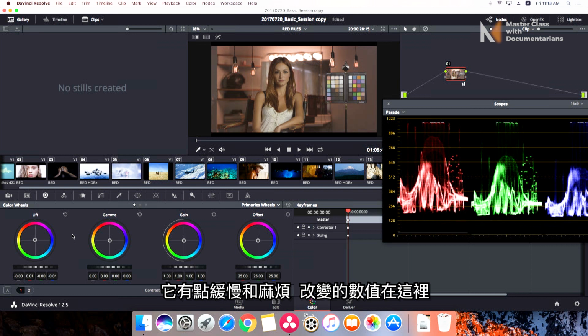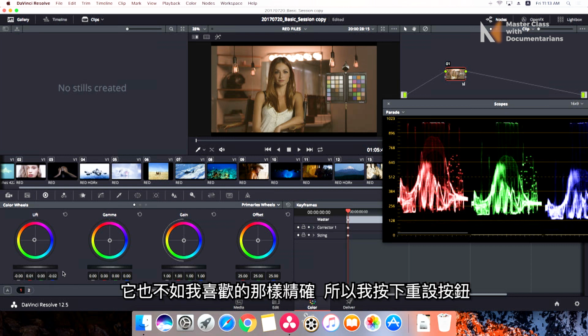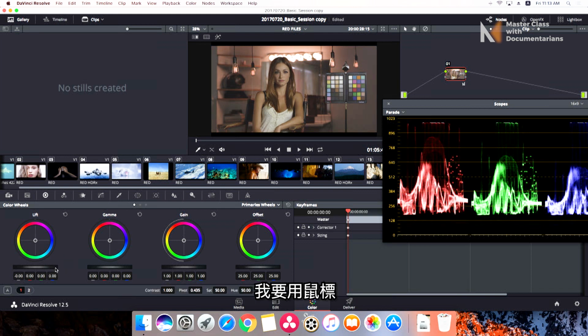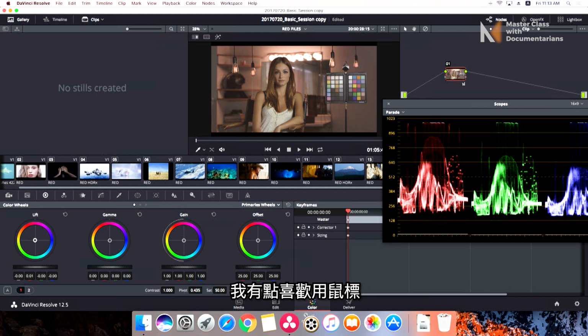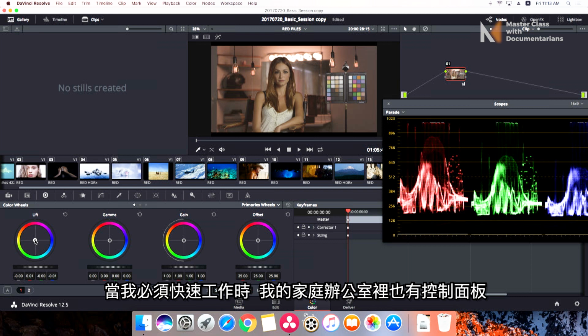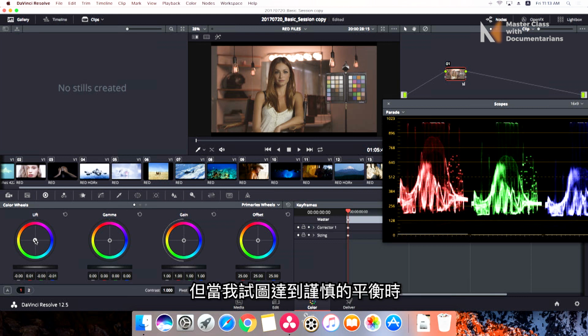Now, it's kind of slow and cumbersome, and the values that are changing are over here. That's not as precise as I like. So I'm hitting the reset there. I'm going to use the mouse, and with the mouse, I can make a more fine adjustment than I can with this trackball. So I kind of like the mouse. I have the panels at my home office and when I have to work fast, but when I'm trying to do this careful balance,